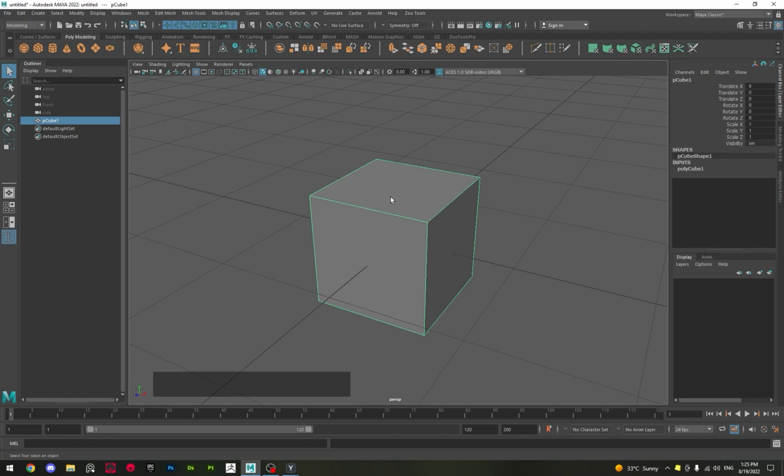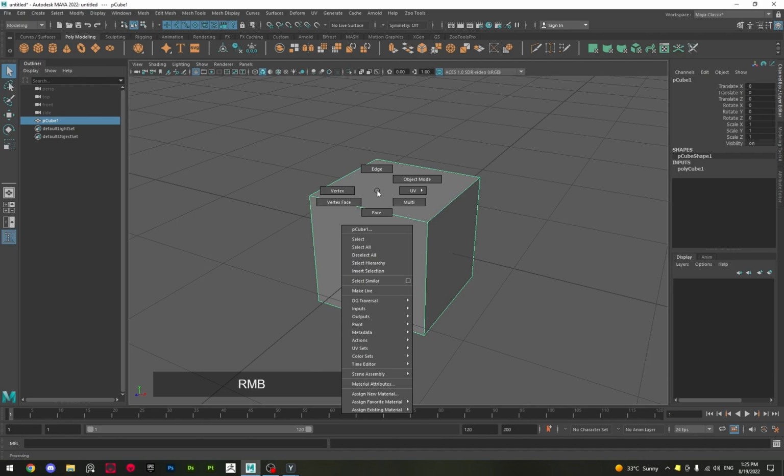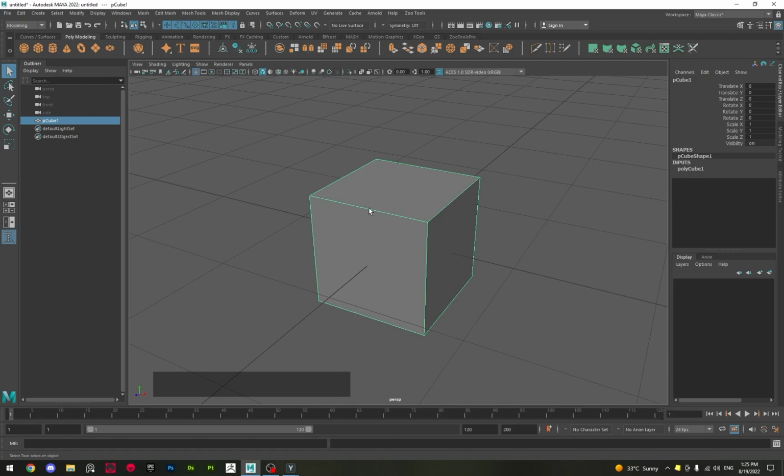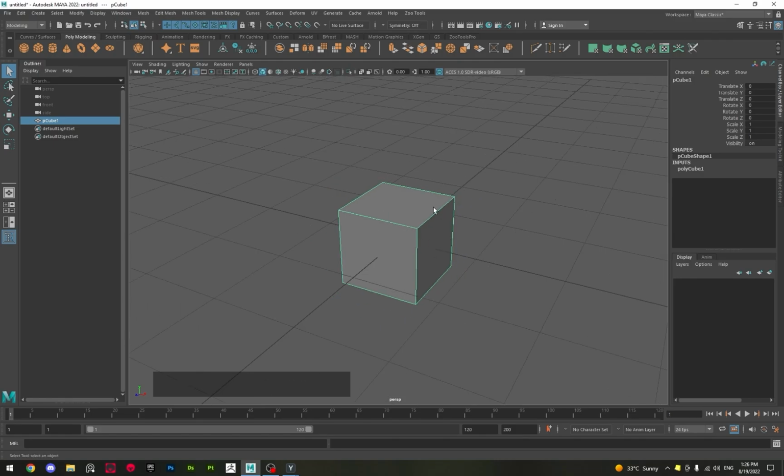If I want to change to something else, I can hold the right mouse button and another menu pops up, and here we have the object mode, edge mode, vertex mode, and face mode. Those are the most important for today's lesson. The object mode is what we're using right now, since we're moving and deforming the whole object. But